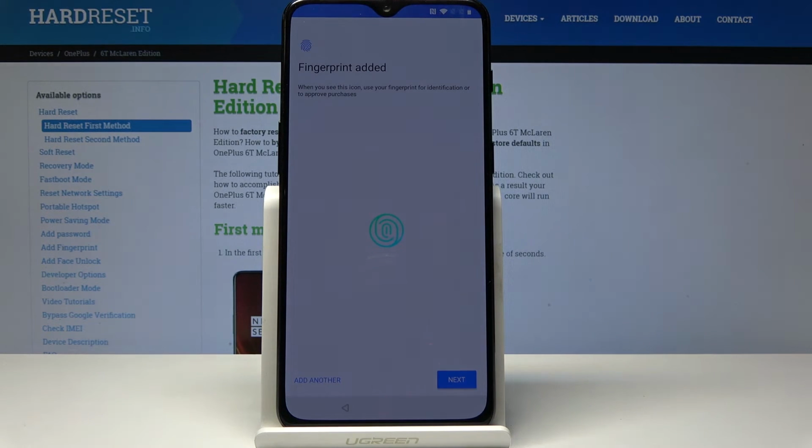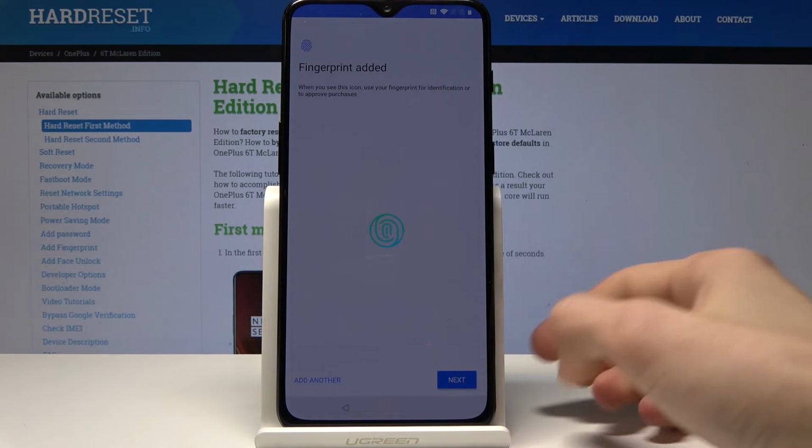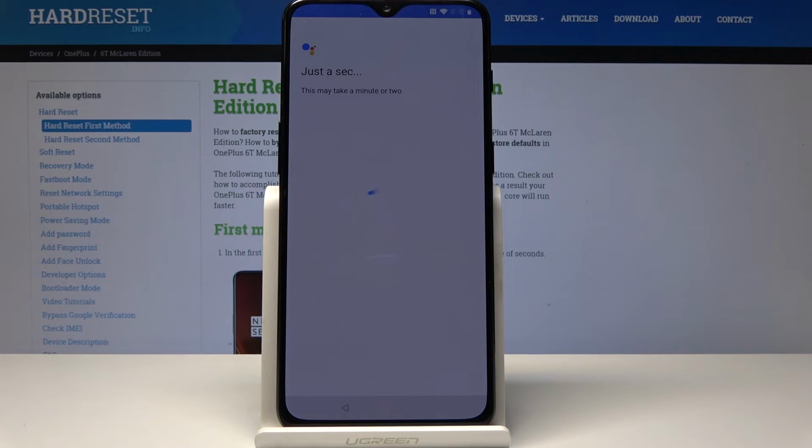As you can see, now we're done. You can add another one, although OnePlus will not allow you to add the same finger, so you can only add a new fingerprint. And once you are satisfied, you can tap on next. And from here,